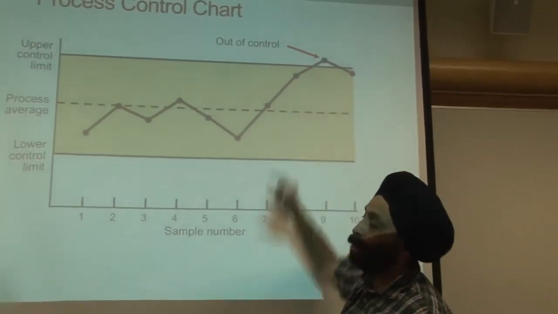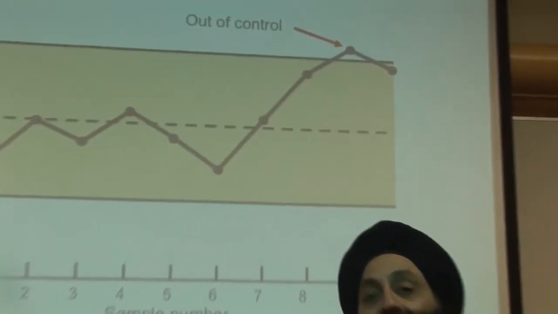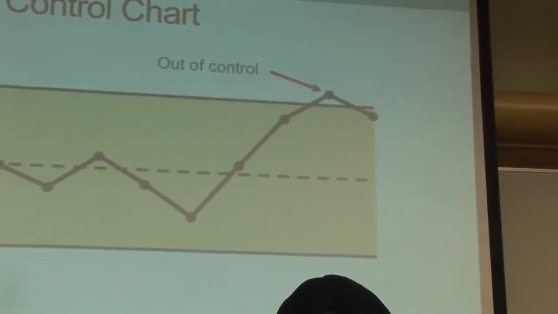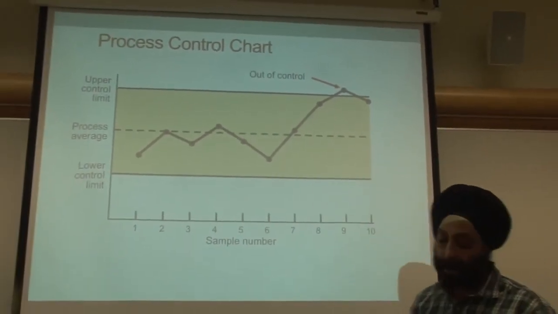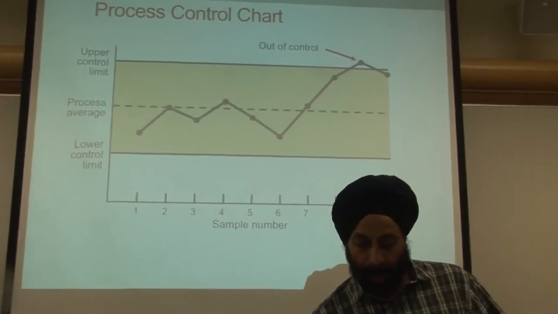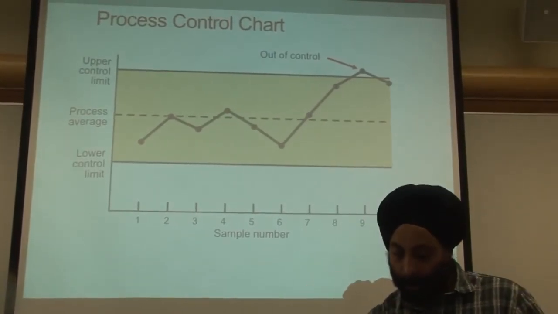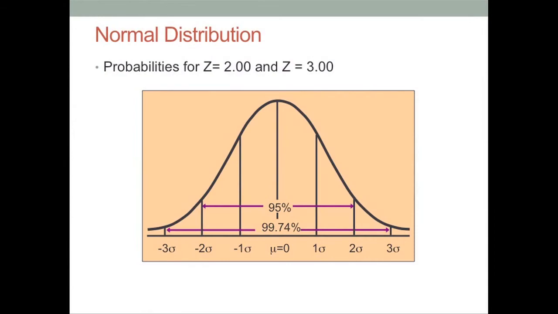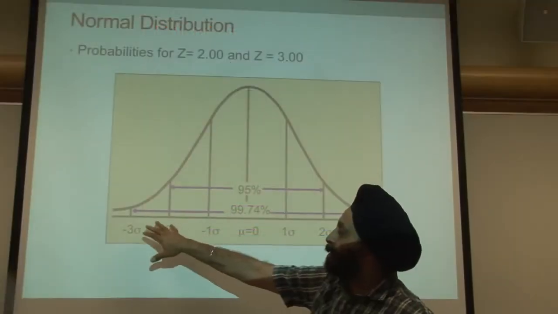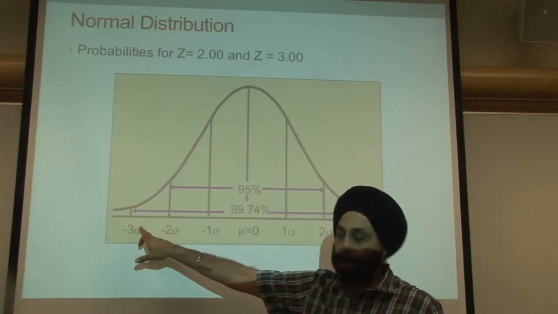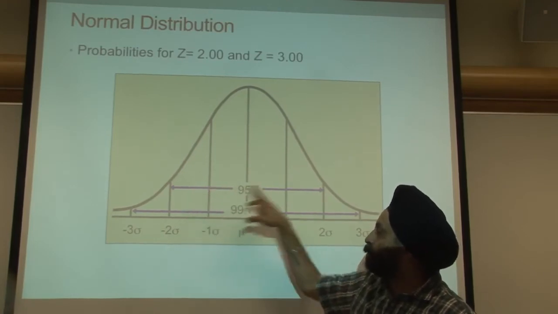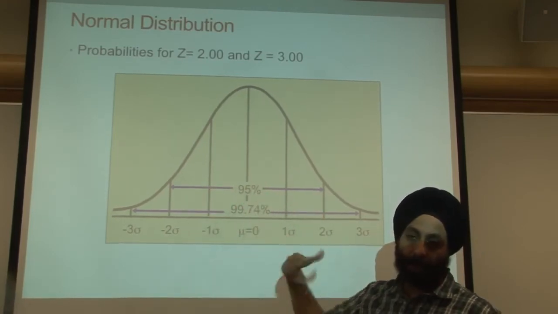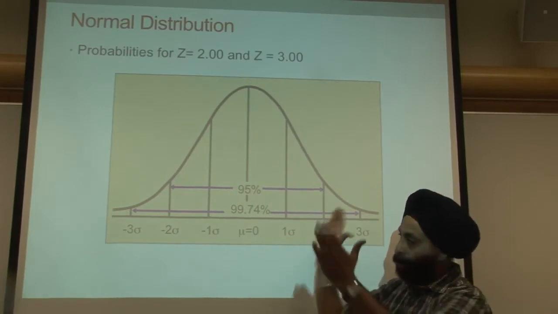And for out of control aspects, there better be an assignable cause that we identify and then remedy, so that we can bring the process back in control. Okay? So that's the way to look at it. And in this case, one typical use for the normal distribution is plus or minus 3 standard deviations, which takes into account 99.74% of the data. Or you can use 2 standard deviations, which is 95% of the sample within